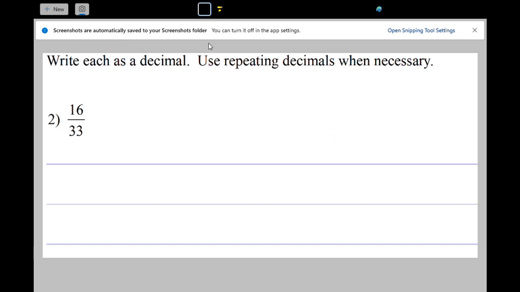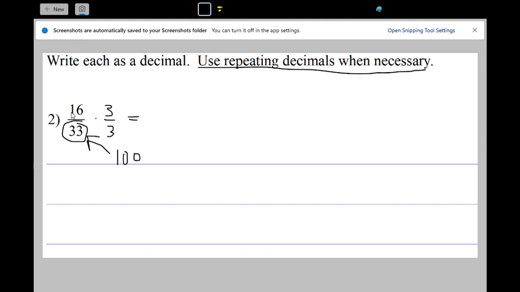Okay, so let's look at this one. This one is going to be quite a bit more difficult, and I'll explain why. Basically, if I look at this 33 down here, there's no instance where this will ever become 100 or 1,000 or anything because it's a 33. It's got a lot of threes in it, and you can multiply that as much as you like. You're never going to get anything. So it says, hey, use repeating decimals when necessary. Now, let's just think about this as if we get really close. If I multiply both top and bottom here by 3,